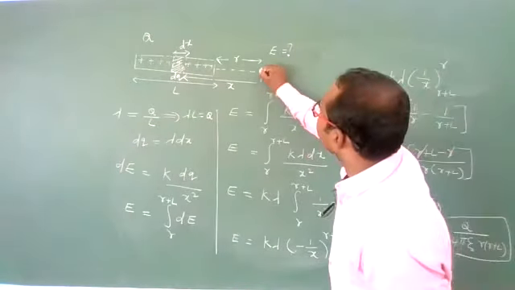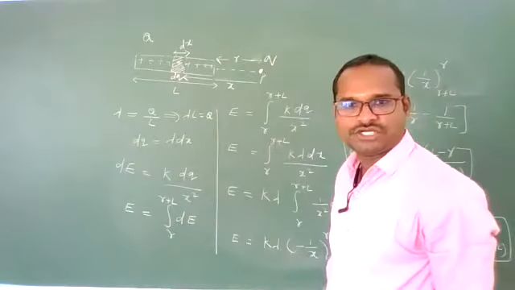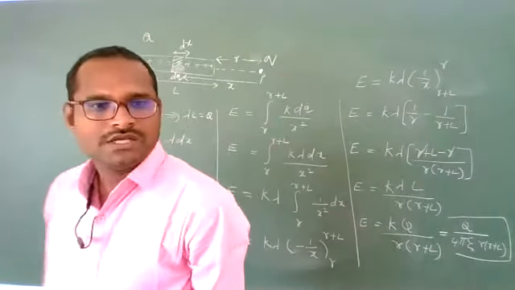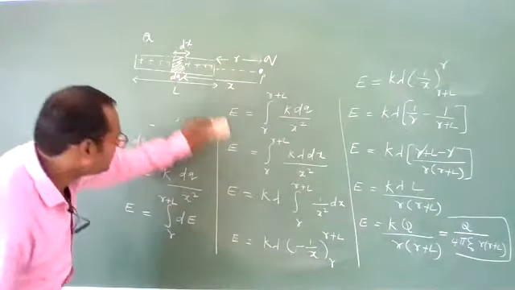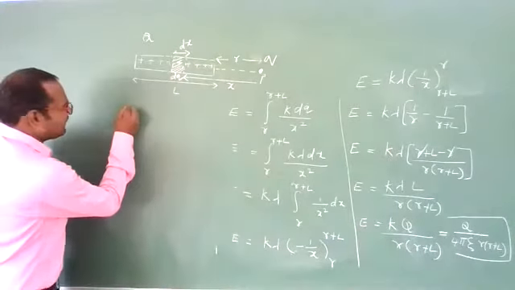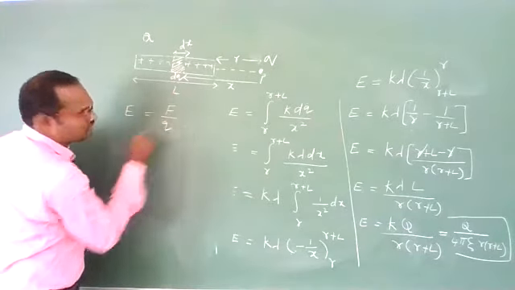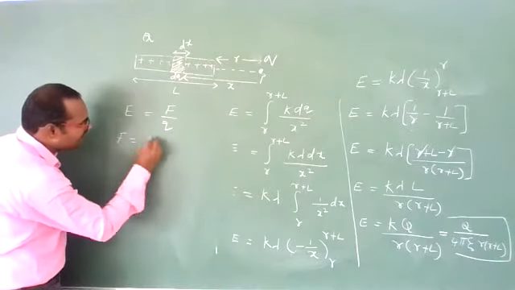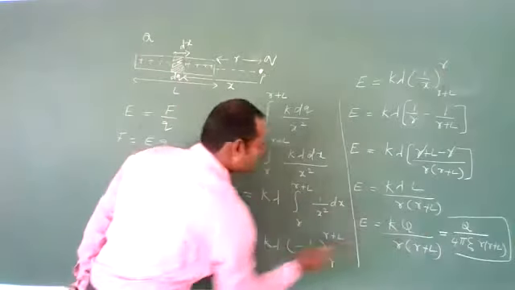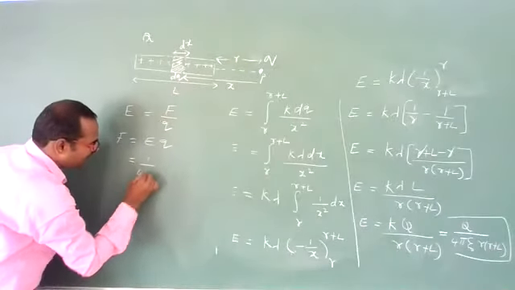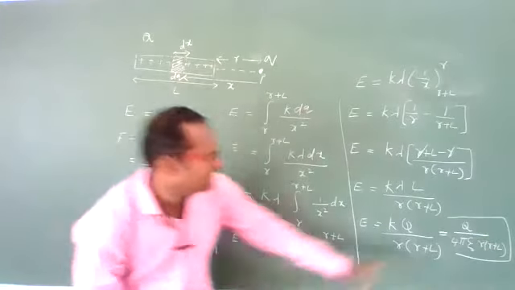Still they may ask you different types of questions on this. Let us suppose at this point P, a charge Q is placed. How much force will act on this? Can you find? Yes, we can find. See, we know electric field is nothing but force per unit charge. Then force will be nothing but electric field into charge. As we have found just now, the electric field at this point is 1 by 4 pi epsilon naught Q by R into R plus L.